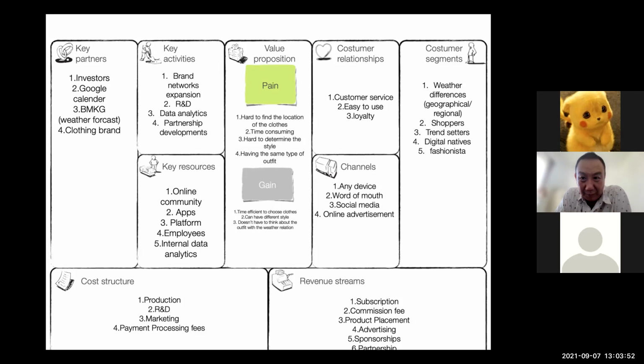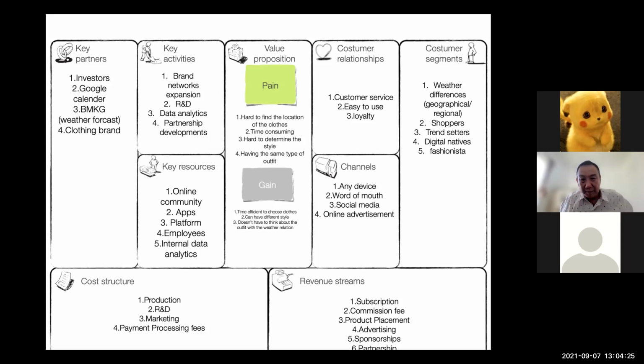Yeah, and in conclusion, the value that we propose is creative outlet for the customer. And it's better for customers since it's time efficient to choose the clothes, and then they can try any different style, and then they don't have to think about the weather, or maybe they have some wounds and then they cannot use a certain style.